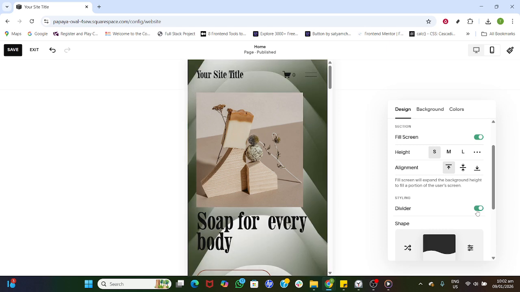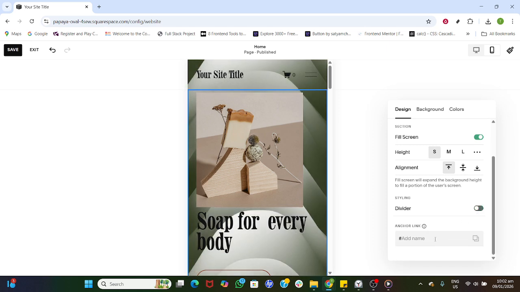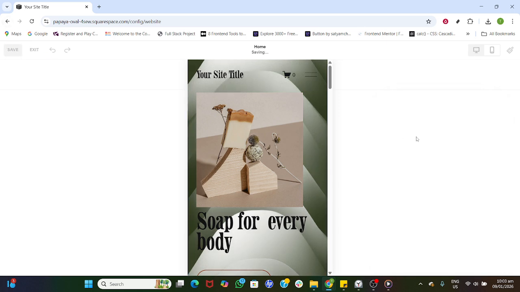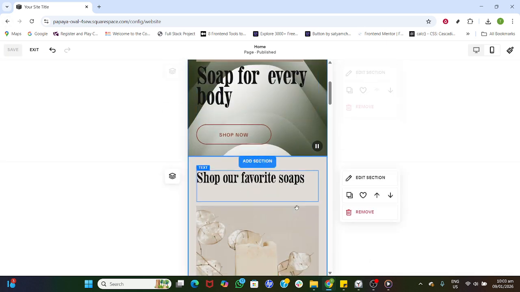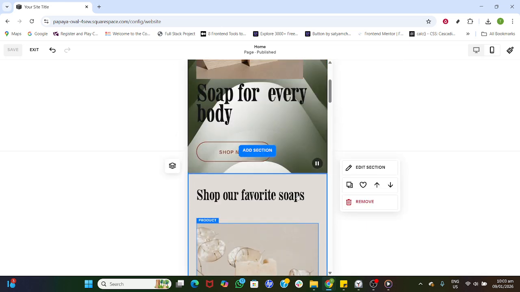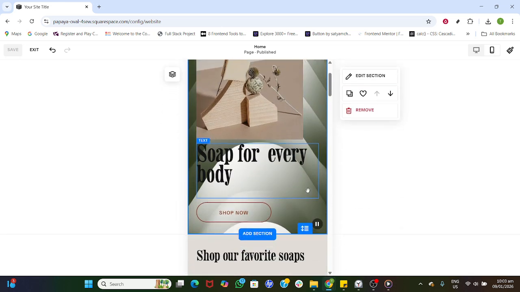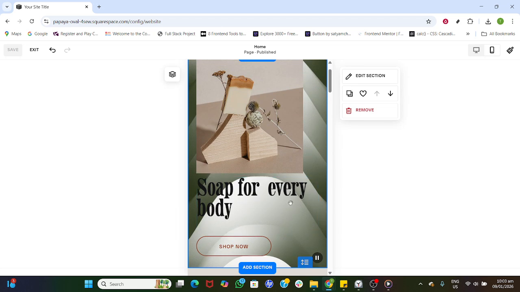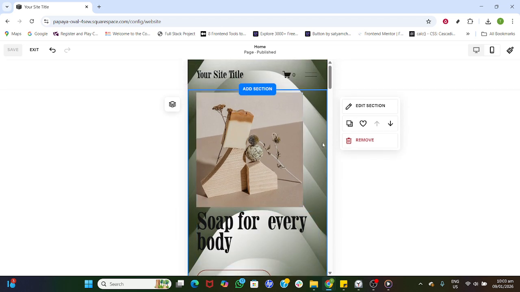Open Divider to add or adjust a separator between sections, helping users understand where one block ends and the next begins. When everything looks right, click Save. Remember that some style changes affect all devices, so take a quick look at both mobile and desktop previews before you finish. That's it. Your Squarespace mobile layout is now tailored for clarity, speed, and a better